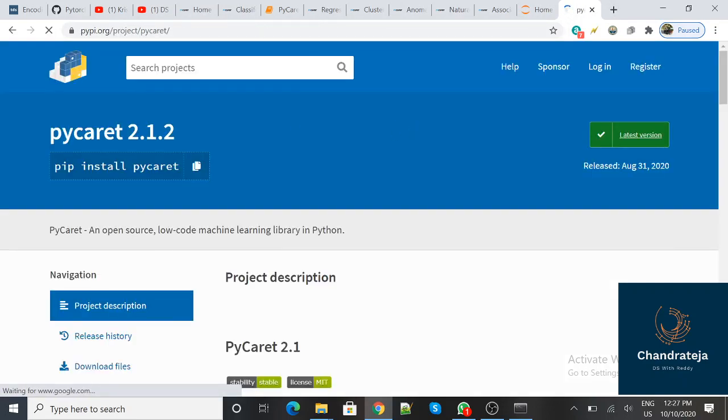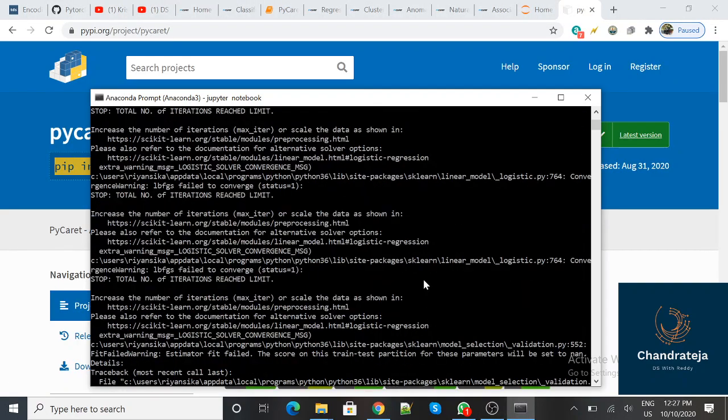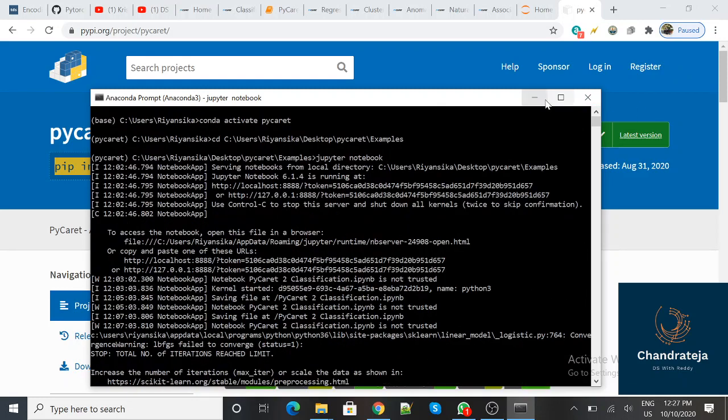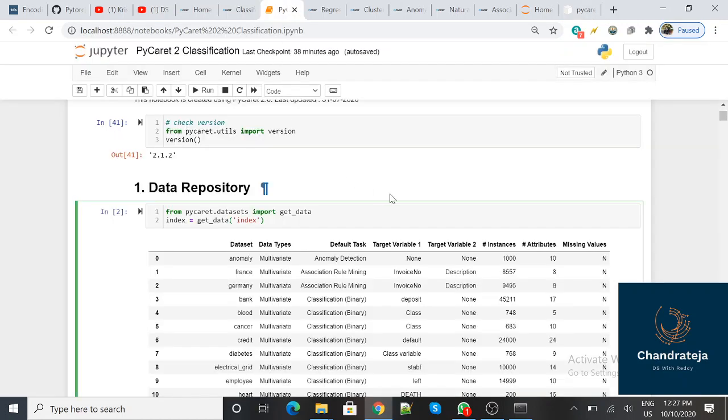Go to the Anaconda prompt, create a new environment, activate that environment, and install it with pip install pycaret. Then you will be able to access this PyCaret library. It's an open source library, there is no cost for it.